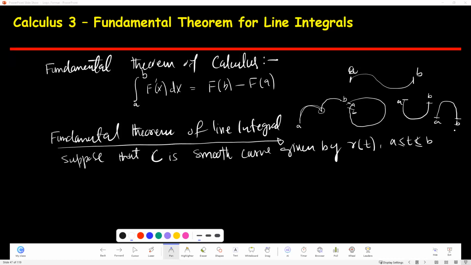These are the two values you are interested in between. Also suppose that f is a function, so we are talking about r, and now the function f, whose gradient vector